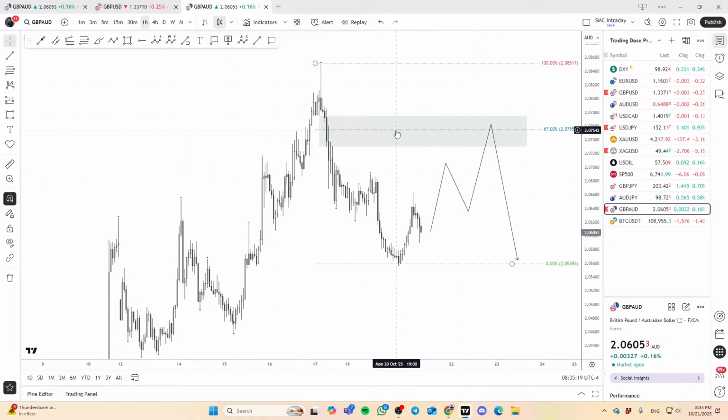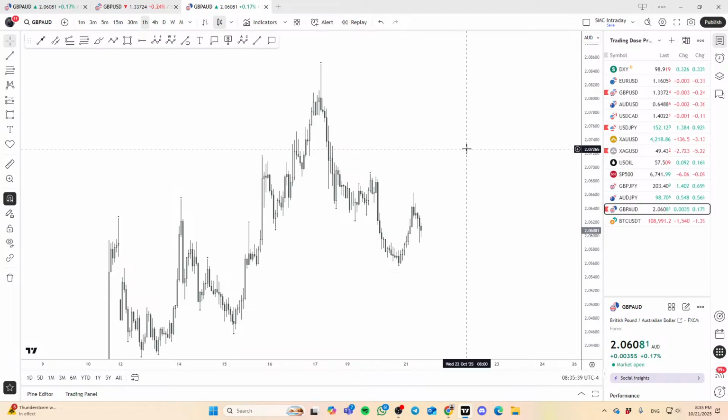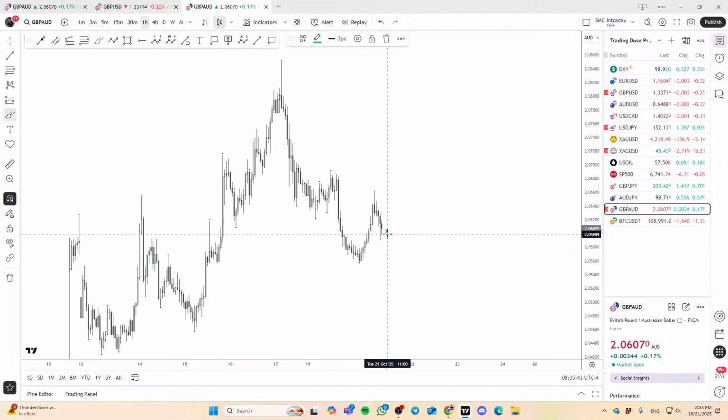Right. We can still look to kind of trade this. But of course, in terms of the checklist, it wouldn't be a perfect one, because we are lacking that value gap there. But from where we are right now to our potential entry as a setup here, there's still some distance, right? So I'm not too in a rush to get in in terms of putting the limit order,